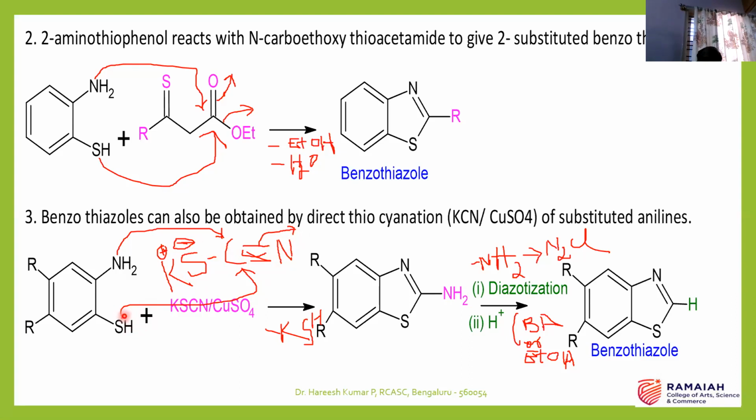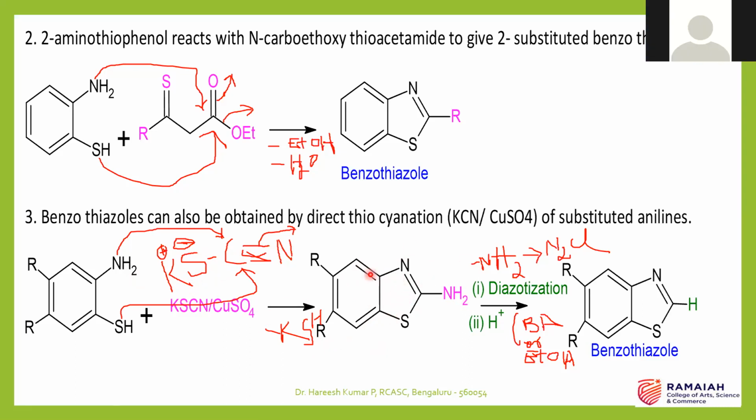When the lone pair or the bond pair is attacking, so then what will happen? This can pick up a proton. So slowly C triple bond N gets converted into an amine. And in addition to that, there will be a bond formation between this nitrogen and this carbon, and this will go out, just like this is nothing but an OH. K plus S minus picks up a proton and goes out as KSH. Something like KOH, potassium hydroxide, and here KSH, potassium thiol. This is how